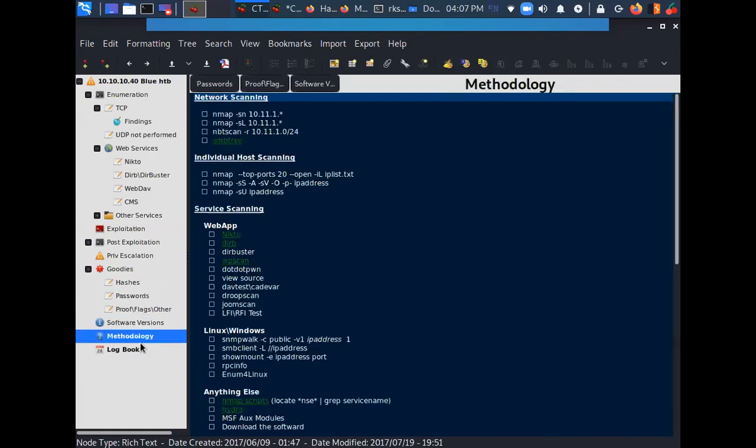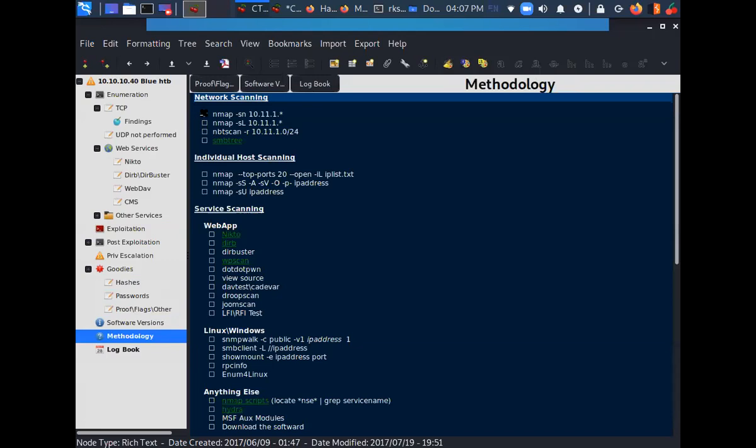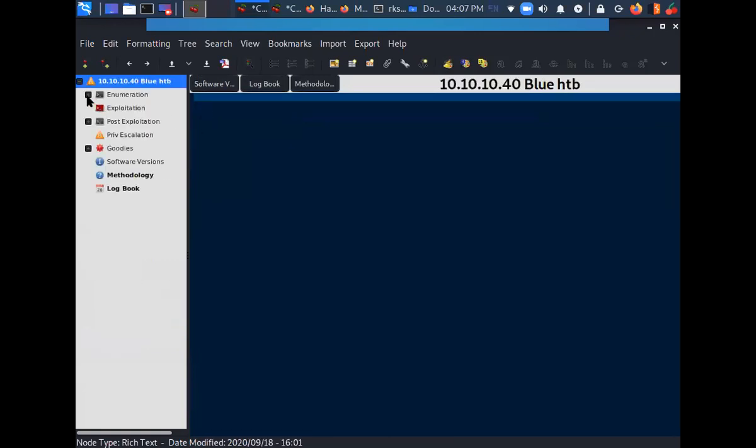Okay, software version, methodology, logbook. You can just use this tracker to keep a note of what you did and what you didn't. Okay, so this thing is clear, the exploitation part and the reporting part.